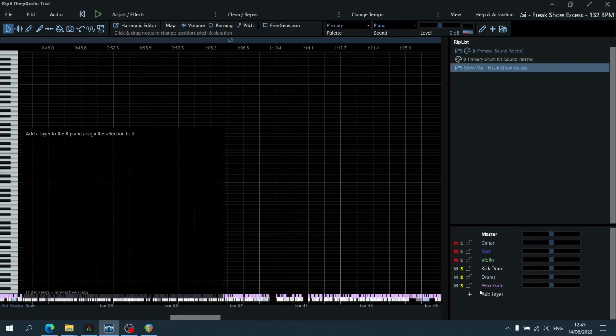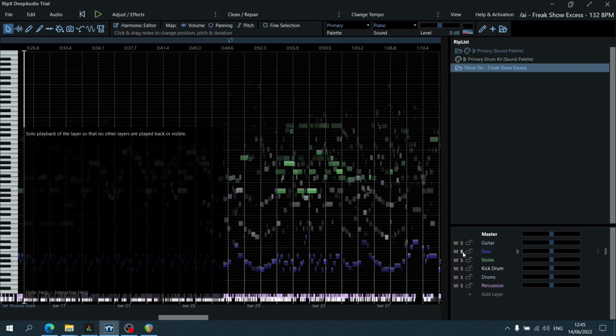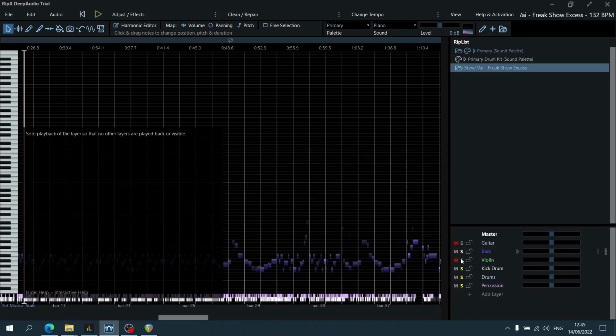So as you can hear, percussion, drums and kick drum are the drum elements of this, so it separates it. Percussion is more of the hi-hat and snare drum. Kick drum is the actual kick, the low end of the drum, and the drum itself is kind of everything in between, the meat of the snare drum and everything else, gluing it together. Then we obviously have the bass. And if we put all of that together,